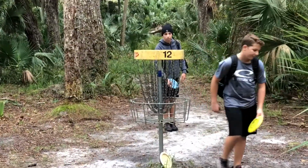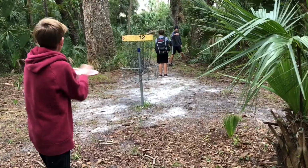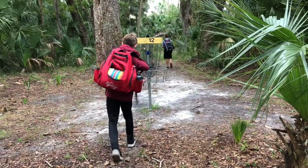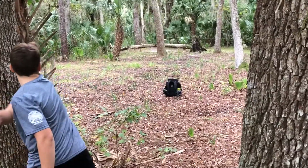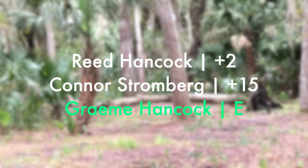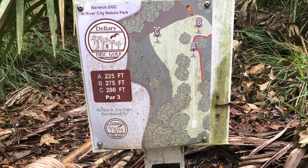And Graham tapping out the par. Me tapping out a bogey. And Connor with the double bogey. Here's Graham. Oh, jeez, look at that reach back. Just like a rubber band how he threw it. So now he's going to be in the lead by 2 going into hole 13, which is very interesting, on B,